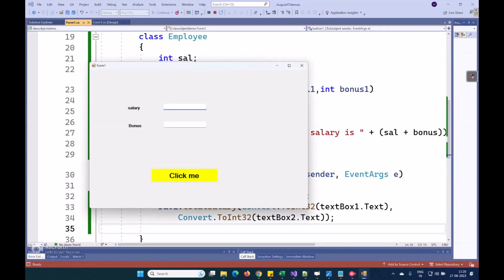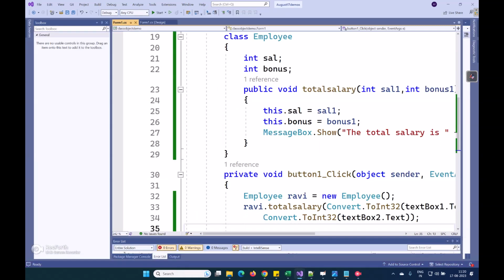Just run this button. Okay, salary how much you are giving? 45,000. Bonus how much you are giving? 3,000. And click this button and see the result whether you are getting or not.